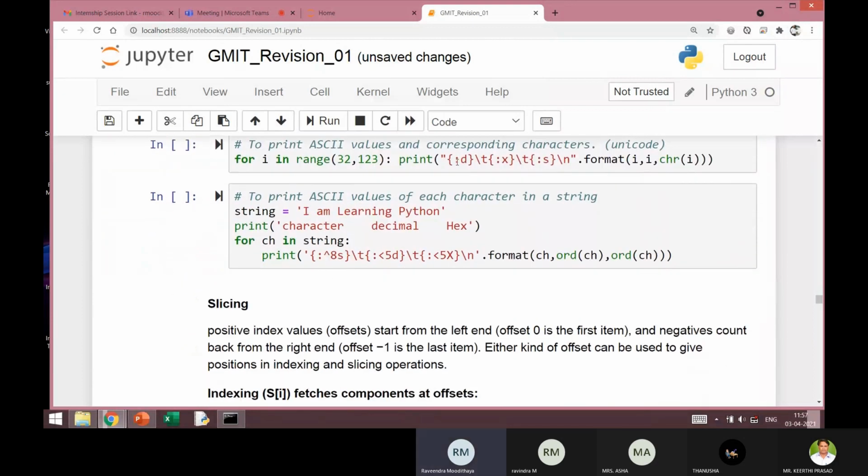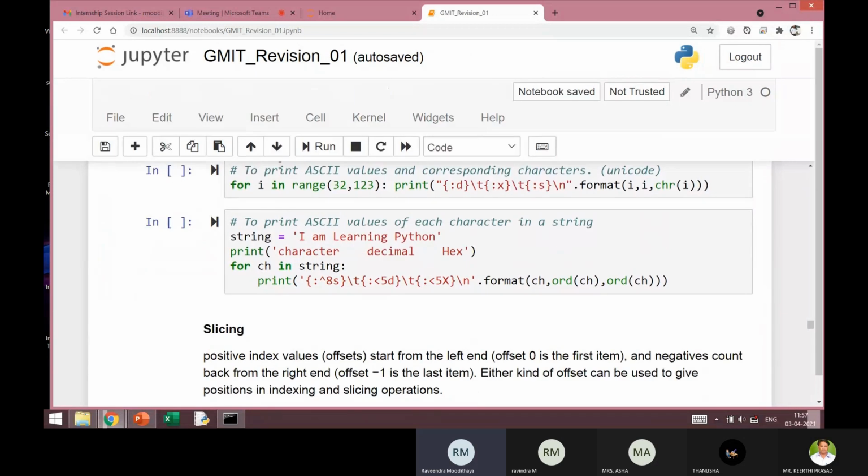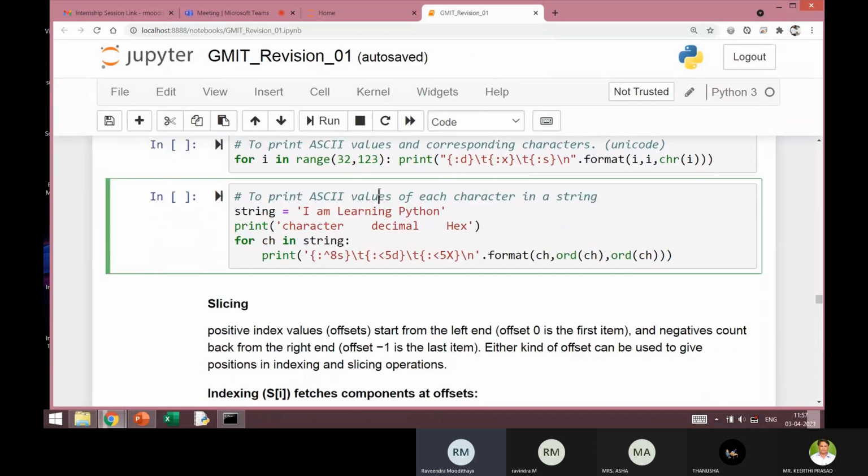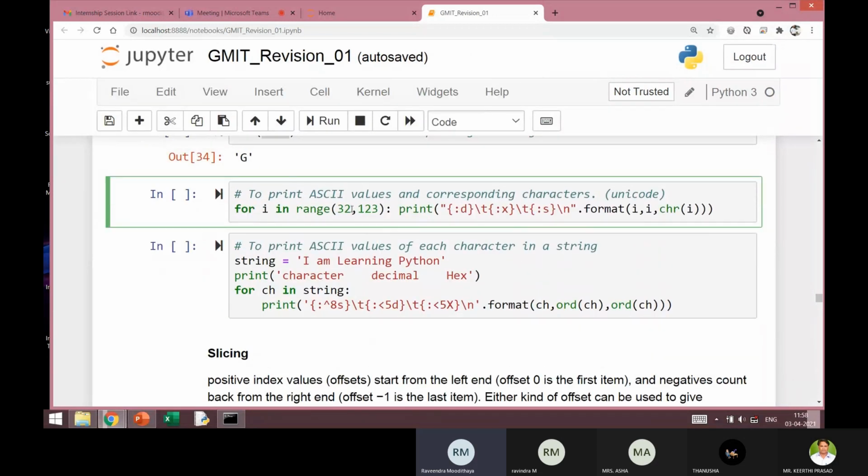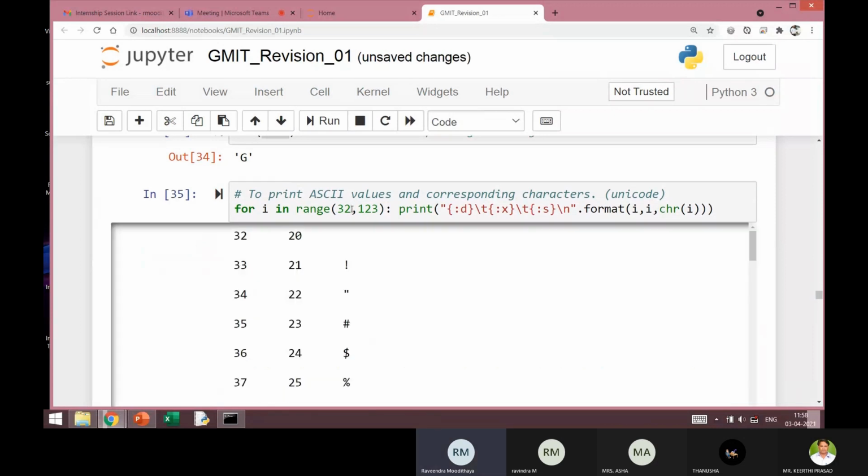Maybe you can just write down this command. This is a small one-line code which is used to display all the ASCII values starting from 32 to 123. It is just displaying all the ASCII.